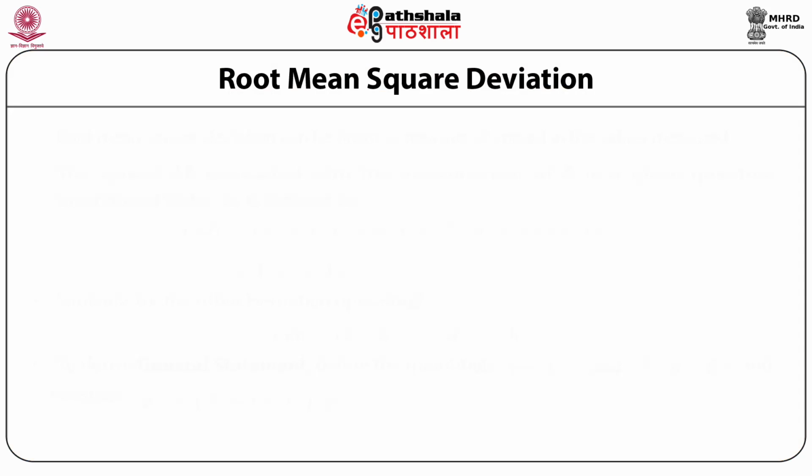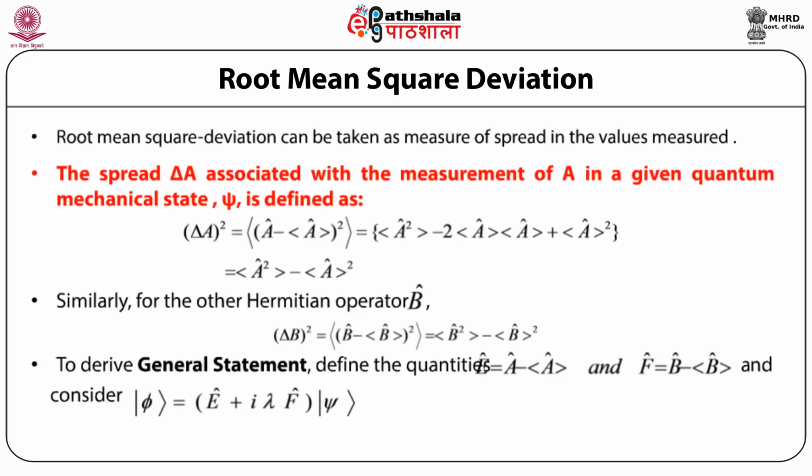Root mean square deviation. Now, the definition of the root mean square deviation can be taken as the measure of the spread in the values that are being measured. So, for example, the spread delta A associated with the measurement of some quantity A in a given quantum mechanical state psi can be defined as delta A whole square is equal to the expectation value of the square of